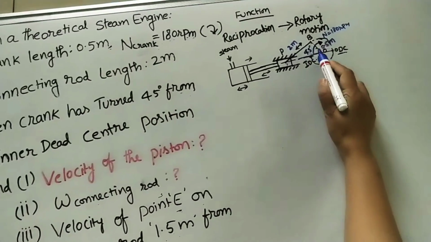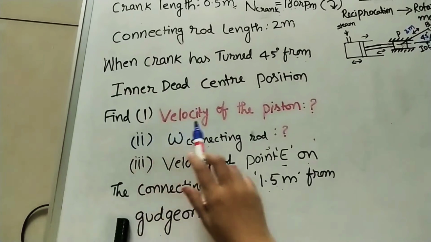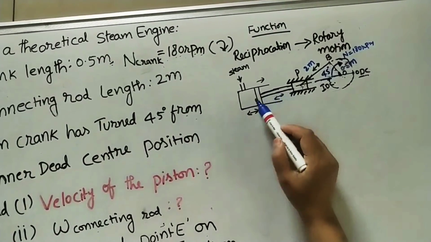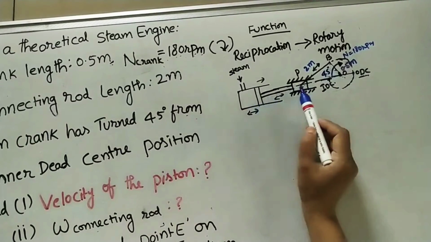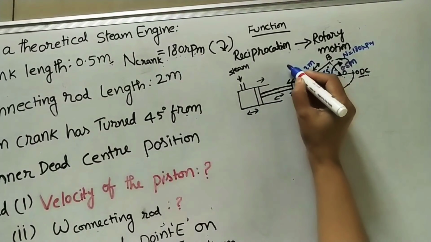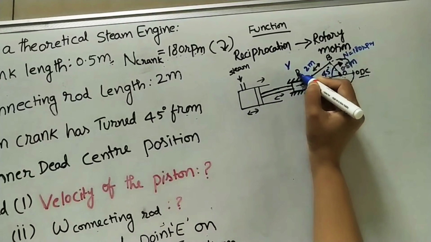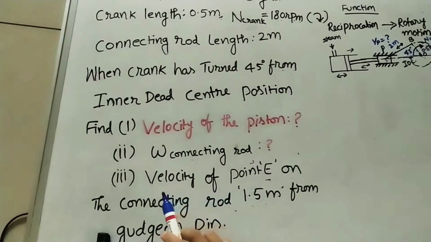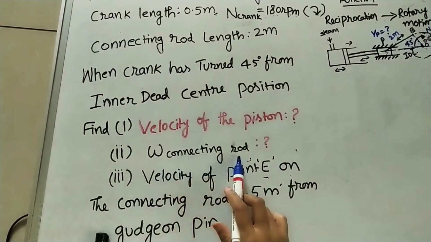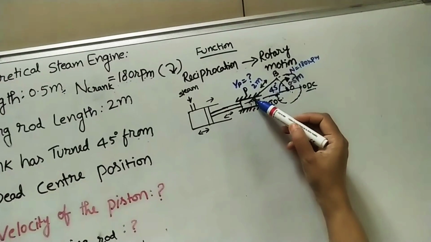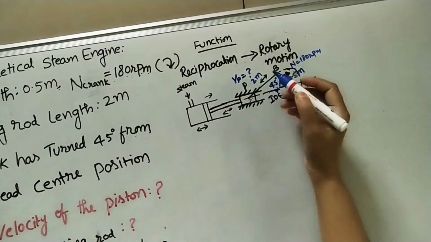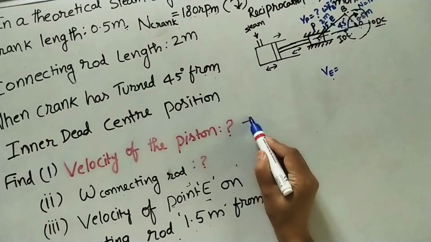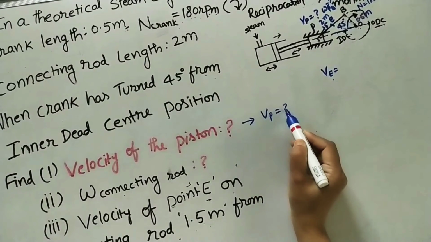At this position of the crank, what do we have to find? Find the velocity of the piston. Which is the piston here? This is the piston whose velocity we need to find. It is nothing but the slider velocity, both will move at the same velocity. So we need to find the velocity of this slider. I am taking the slider name as P. We need to find VP. And next we have to find the angular velocity of the connecting rod. Which is the connecting rod? PB is the connecting rod. We need to find omega PB, and the velocity of the piston VP.